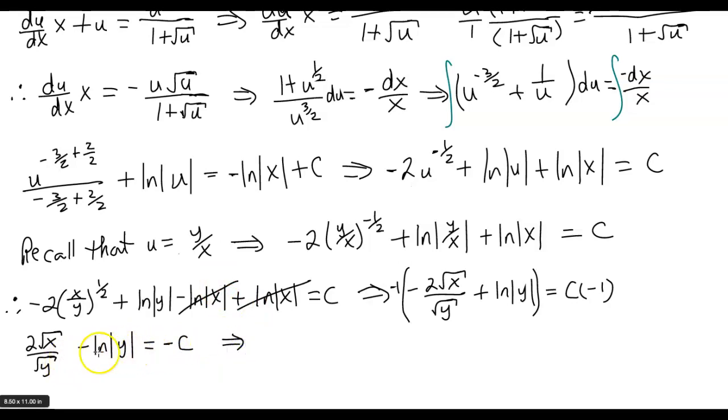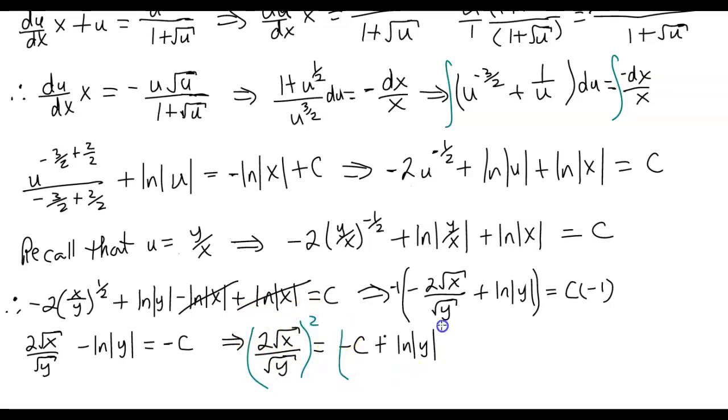And if I go ahead and add natural log of absolute value of y to both sides, then I'll have this here. And this will be a minus c plus natural log of absolute value of y. All right, and so from here, at this point, what I could do is go ahead and just square both sides here. So if I do that, then I'm going to get